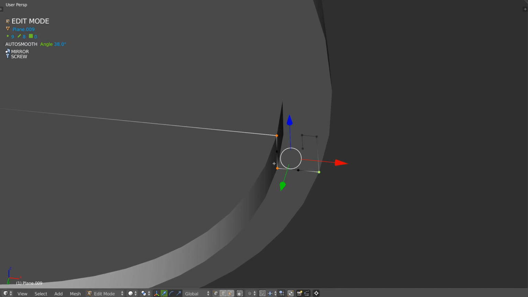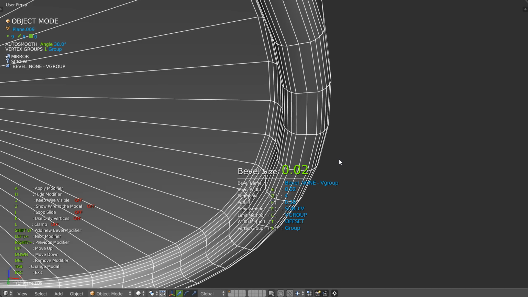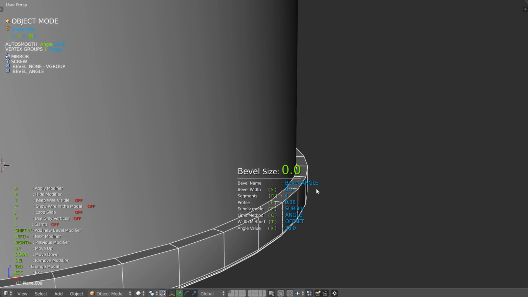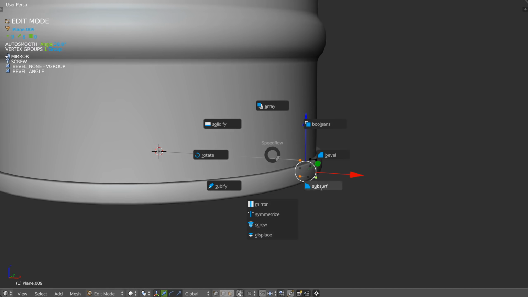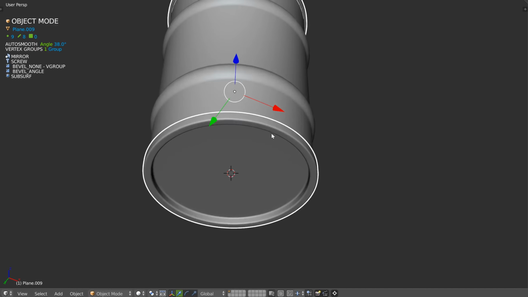Because I'm using bevel only group, I need to add some subdivisions. So I will now call the bevel, up, press Q to see the bevel, like that. And on this one I want a little one, so Shift W to add a little like that. If I add a subsurf, and that's it. So, now I have something correct.